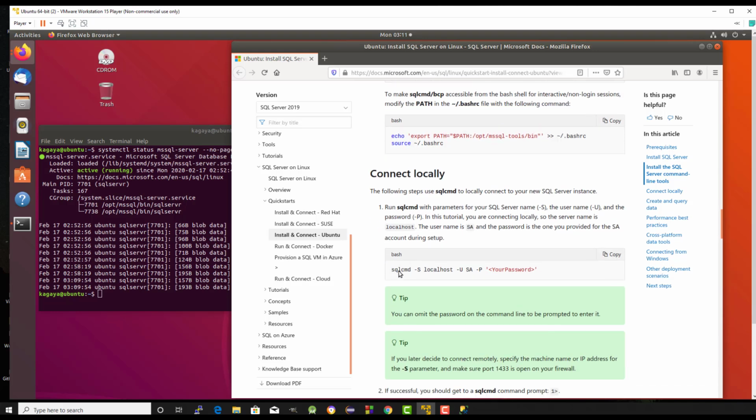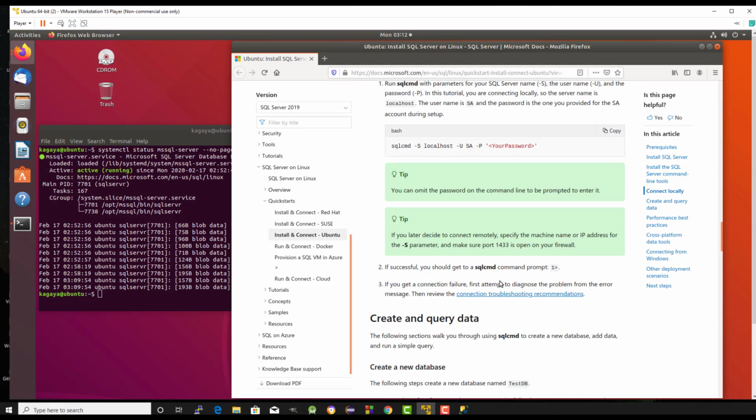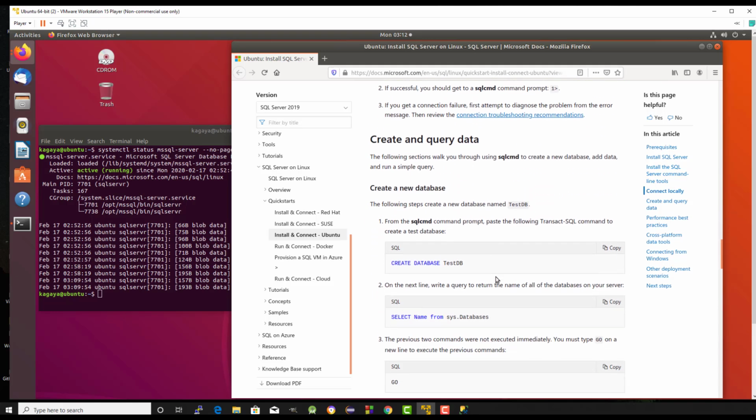So this is the bash you need to run. The password is the password we put, so it depends on you what password. So the default, this is the important thing to remember: the default username is SA. So SA and the password. Okay, so in the next tutorial, so easy,